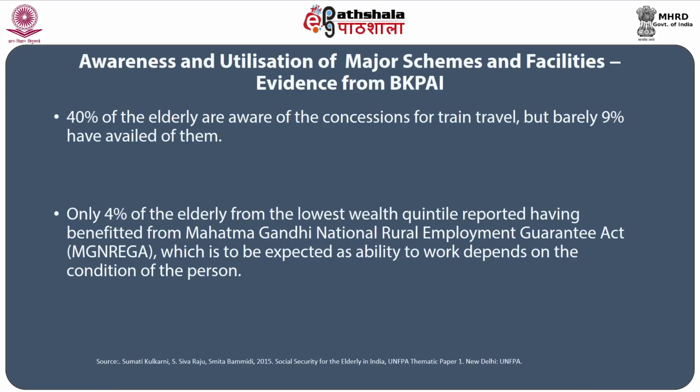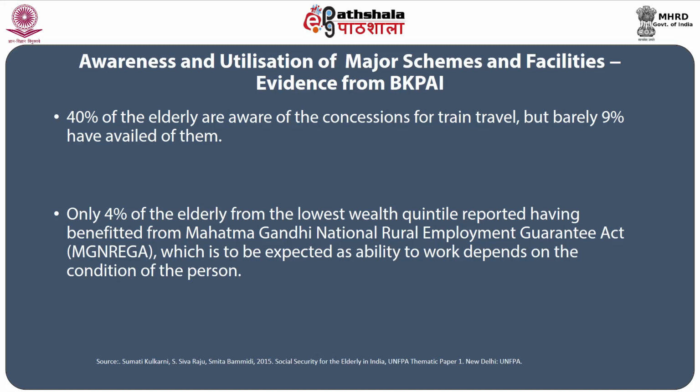The latest study conducted by the United Nations Population Fund, UNFPA, under the title Building Knowledge Base on Population Aging in India, has major findings in the area of social security that are very important for us to understand. For instance, 40% of the elderly are aware of the concessions for train travel, but barely 9% have availed of them. Only 4% of the elderly from the lowest wealth quintile reported having benefited from the Mahatma Gandhi National Rural Employment Guarantee Act,